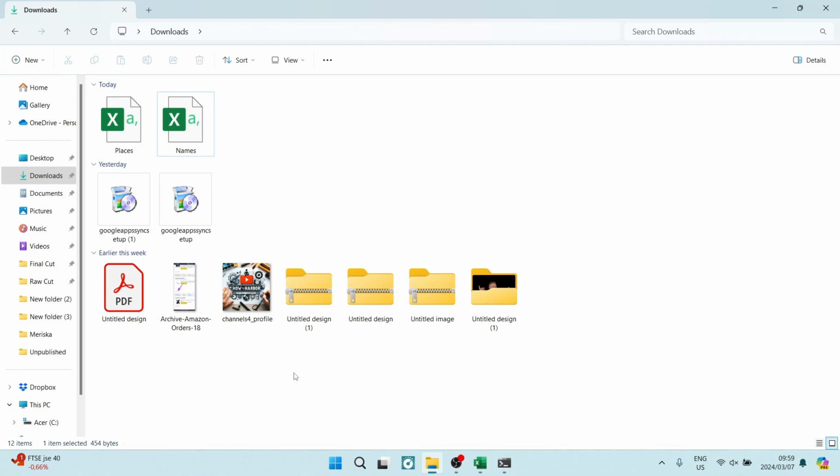If you are still merging multiple CSV files manually, you're in the right place. I'm going to show you a quick and easy tip. So let's get in. The first thing we want to do is open up the location on our device